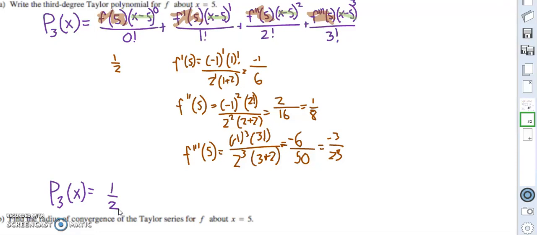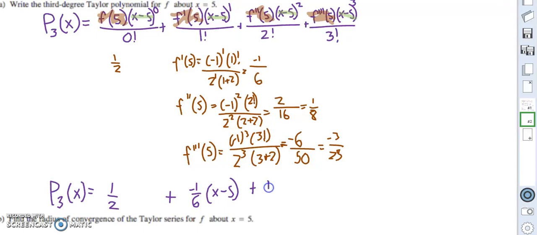I don't write those because that's times 1 divided by 1. Plus negative 1/6 x minus 5 to the first power divided by 1 factorial. I don't write the divide by 1 factorial. But you can. You know, you do you. Whatever you want. Plus